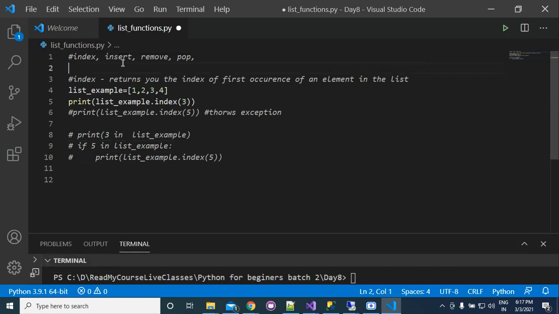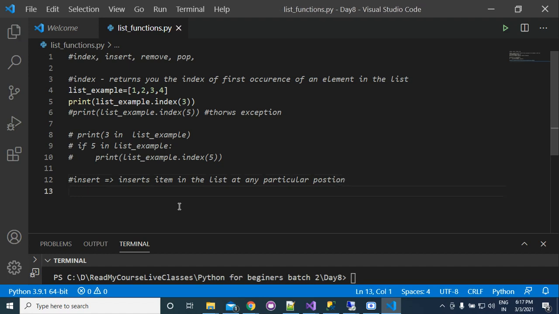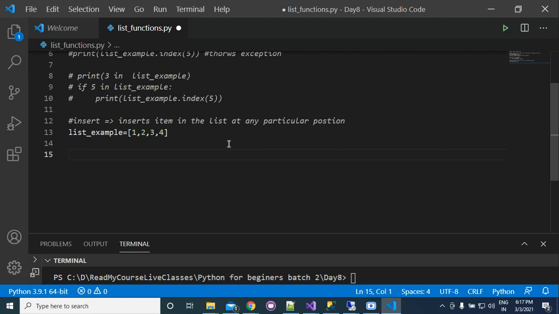So the next function is the insert function. Insert basically inserts an item in the list at any particular position. Suppose that you have this list. Now you want to insert an element in this list.